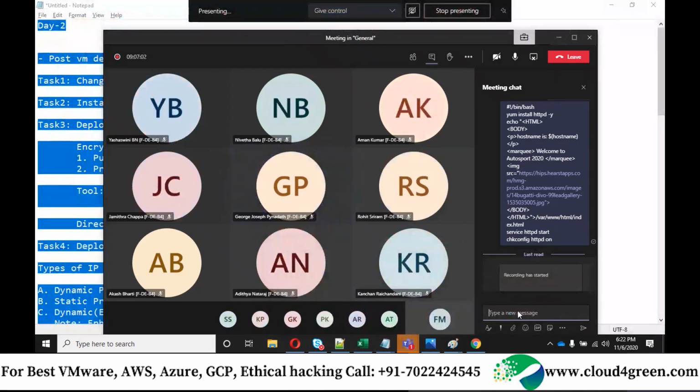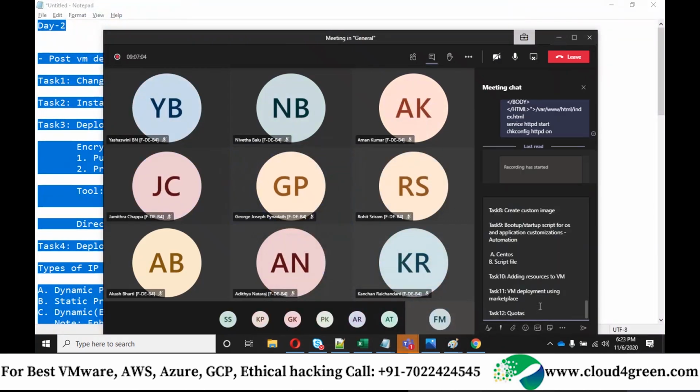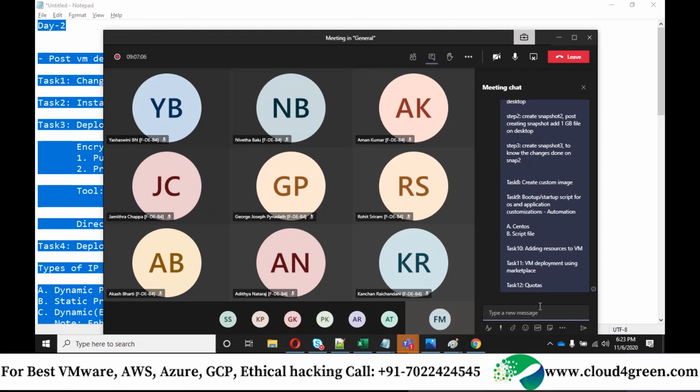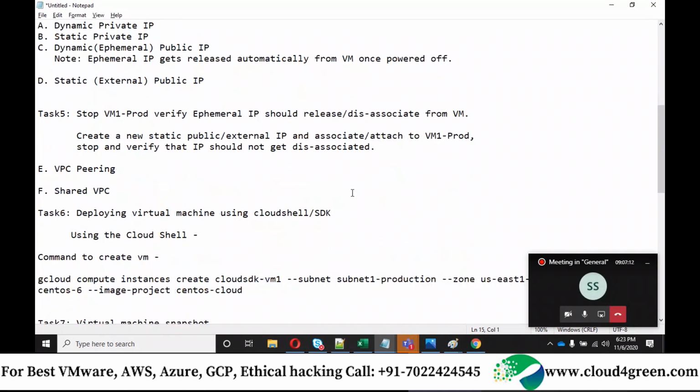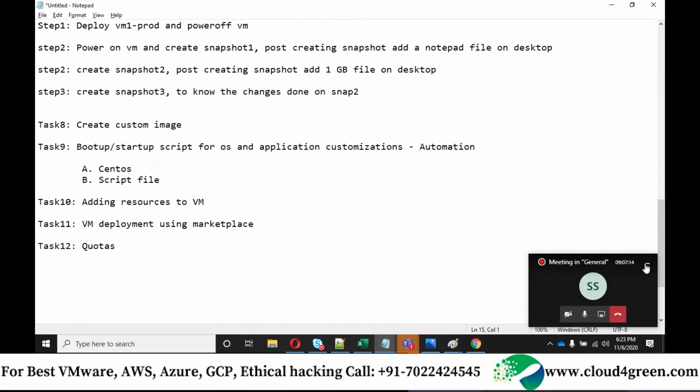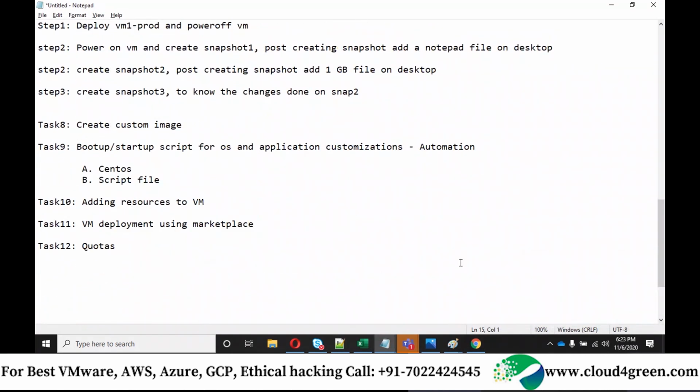Is anyone taking proper notes of whatever I teach during the session? Are you making notes? I am just taking shorthand. I'm not taking anything in detail, just little bits. Yeah, anything is fine. Same here. I'm taking short notes. Okay, anything is fine, so that it helps you to easily understand.